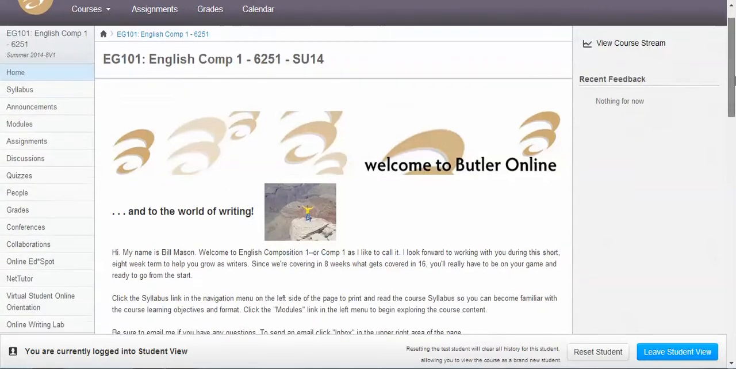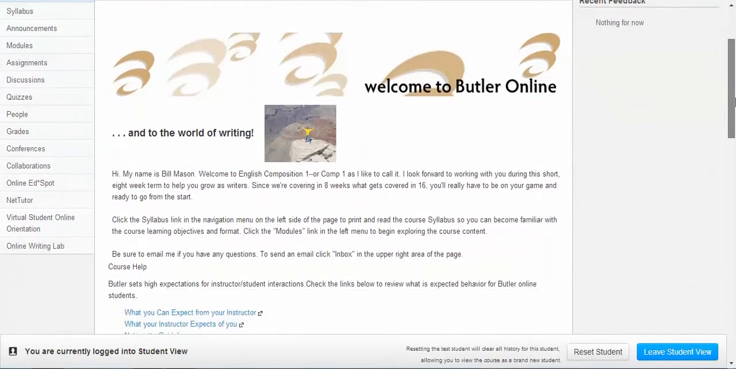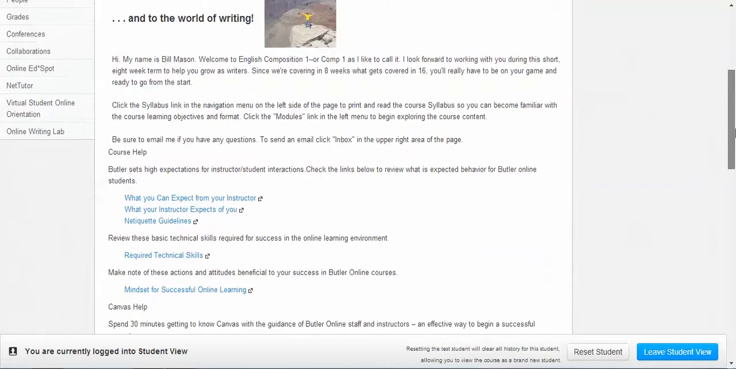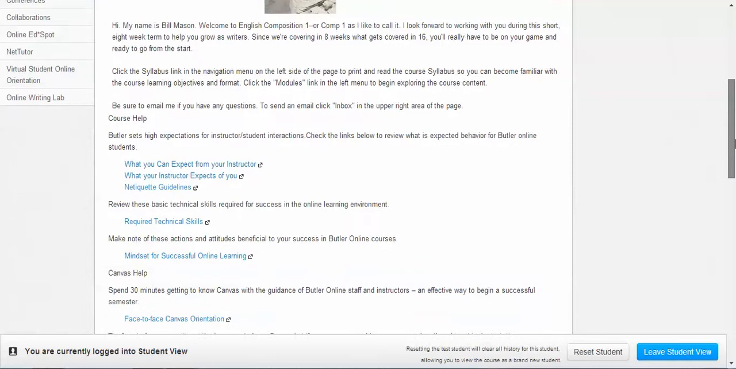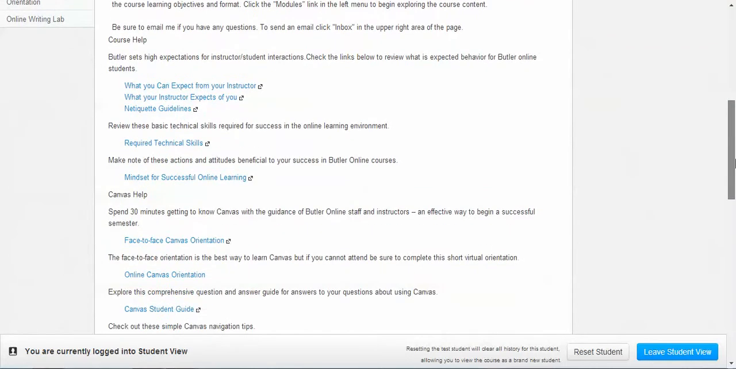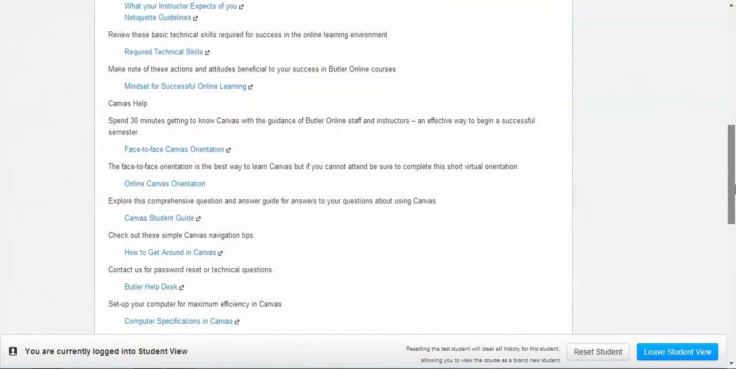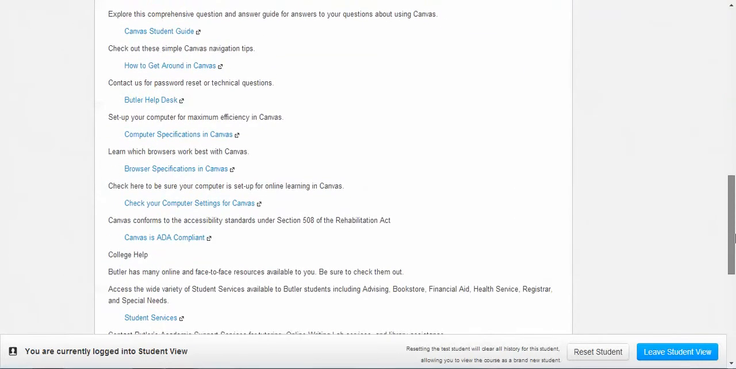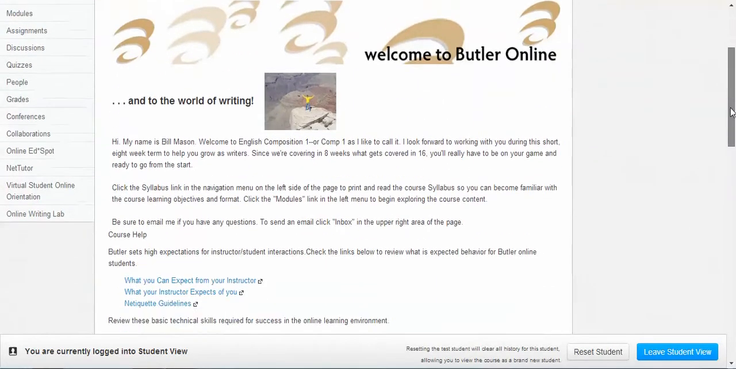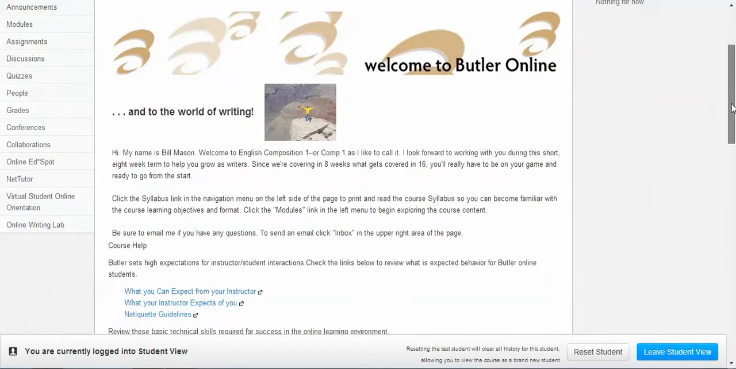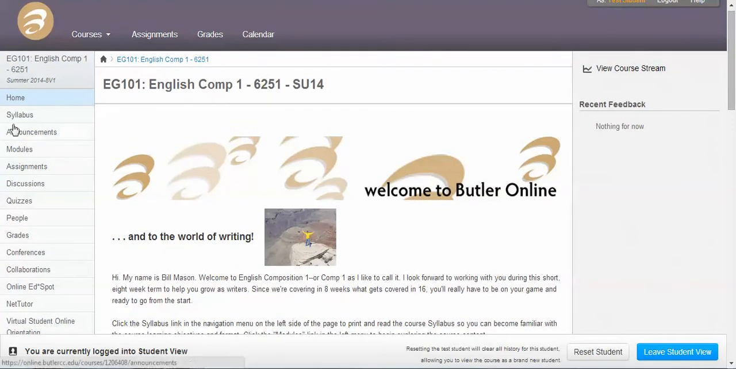On the home page, there's some information about me and then some very helpful links that can help you with your needs at Butler, with Canvas, with college in general. Some very good resources here. So make sure you go through and click on all these and look them over before going any further. Once you're familiar with this page and you've looked at everything, of course you move on to the syllabus,